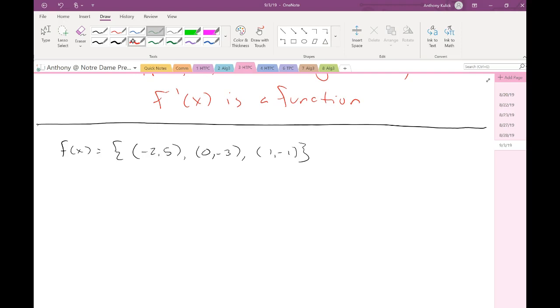So before we go ahead and find the inverse, let's just take a quick check to see if this inverse will be a function or not. To check this, I need to check to see if f of x is a bijection. So here, the onto part is kind of trivial because you're not